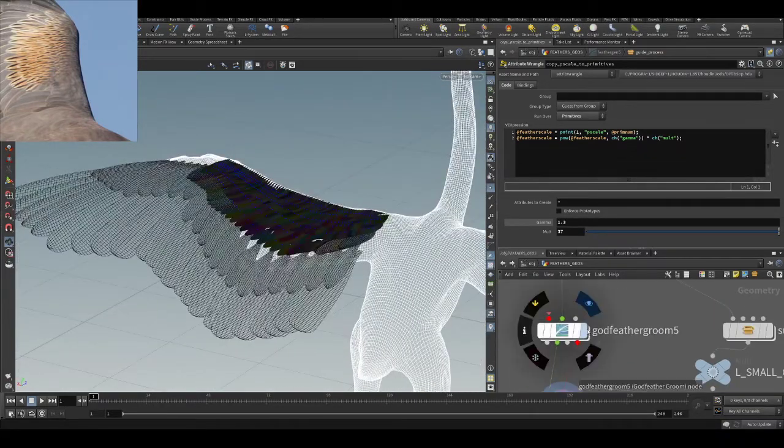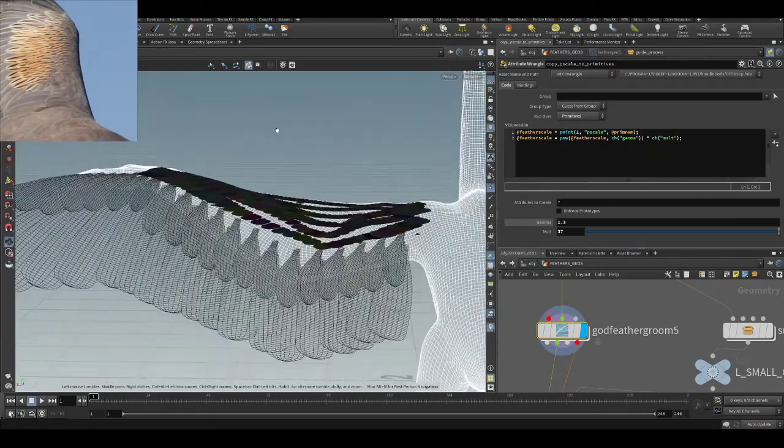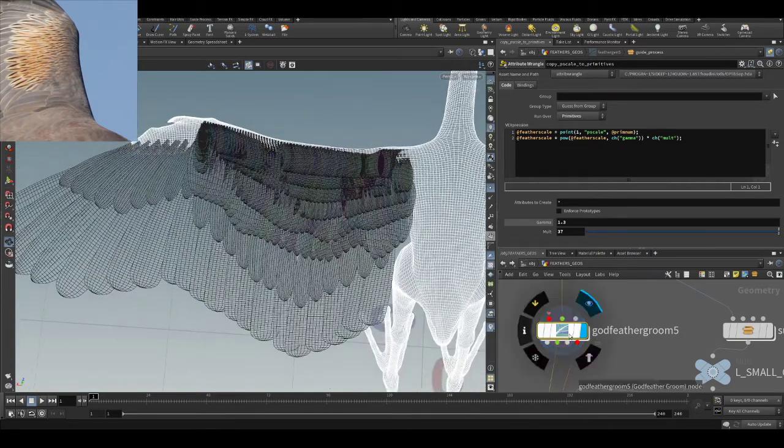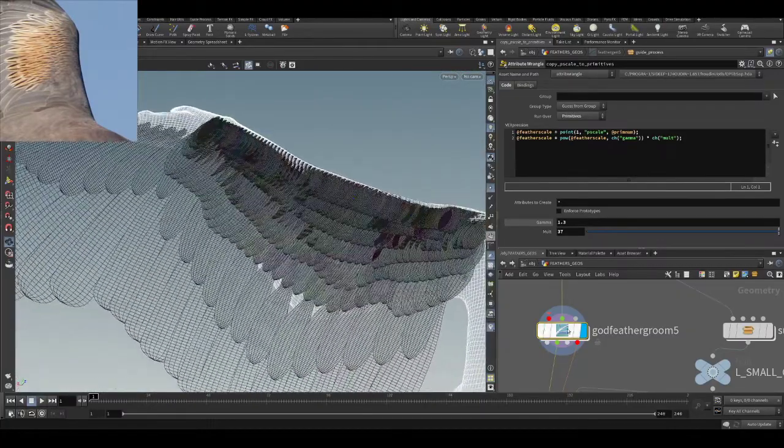Of course, we need to fine tweak a bit the guides because we don't like this. Even if we are going to wrap these geometries to surface, we still want the guides to follow the final shape at least a bit, because otherwise the wrap will look too weird. So we are going to create more guides if we need more guides, or we are going to change the ones we have. Let's find a good